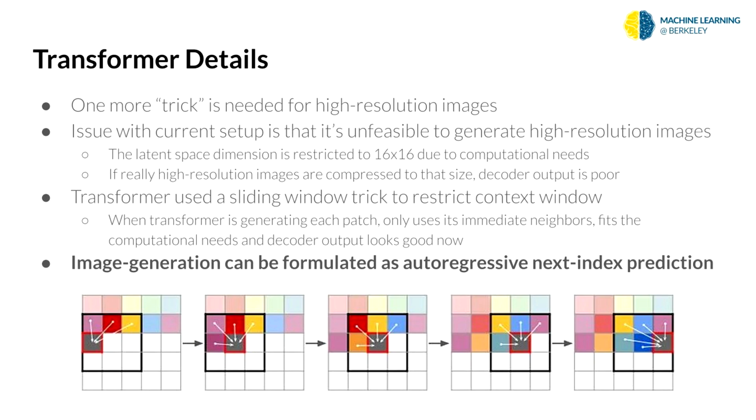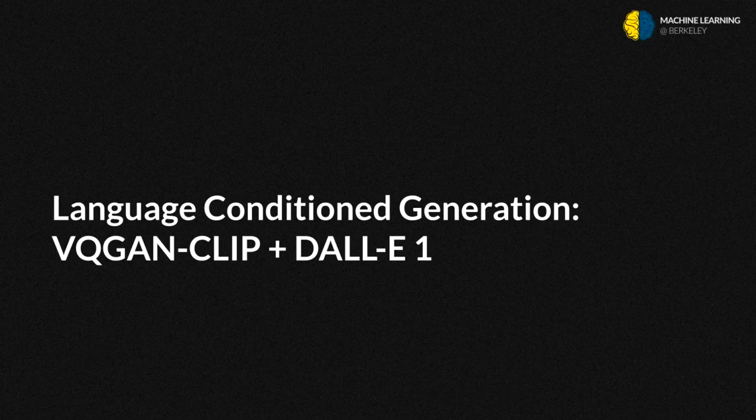So lastly, are there any questions overall on how VQ GANs work? After this, we're going to transition into language condition generation. Okay, cool. So moving on, how can we further improve upon VQ GANs and incorporate NLP and natural language